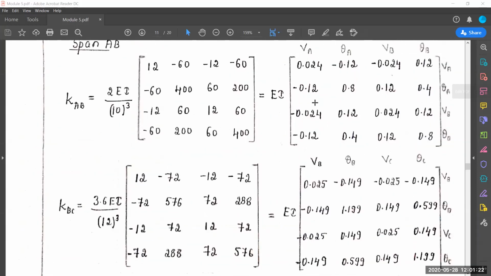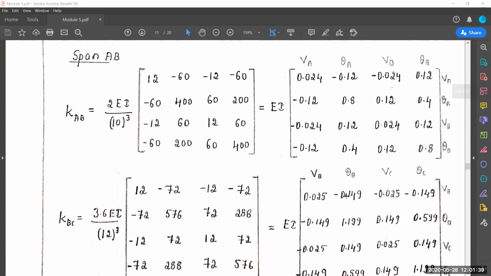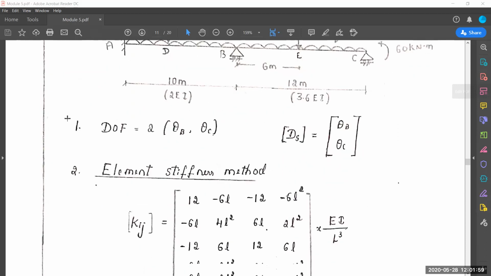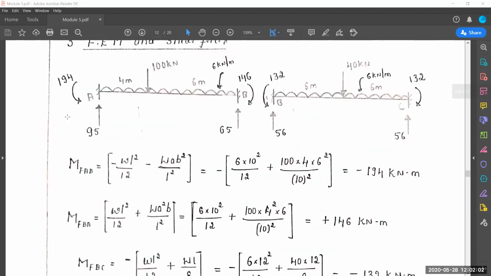If you have rotations in both the spans, you have to add them. If it is there in only one span, you can take only one. Okay, here we are not taking the theta A value. Even though rotation is there, still I'm not taking it. The reason is that joint A is a fixed one. Even if you take theta A, there is no rotation at joint A, because we are not allowing any freedom. That means even if you calculate, theta A will be 0. So I'm not going to take any value there.